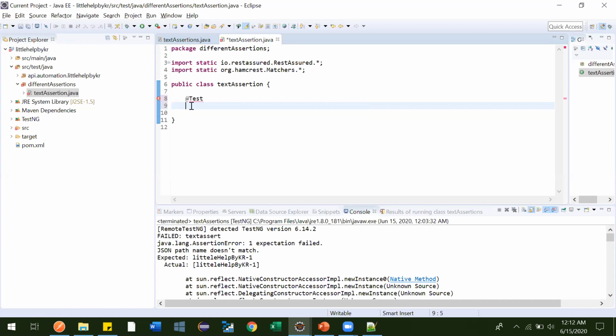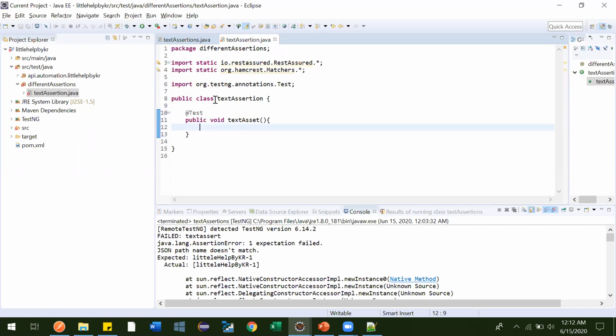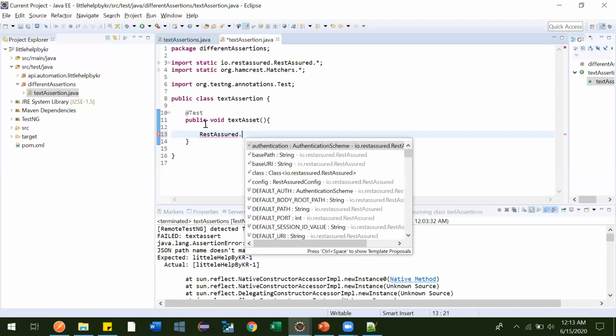Let me write public void textAssert. I have just given a name related to the class name. Now let me import TestNG. Okay, now it is perfect. Now we'll add our base URI: RestAssured dot baseURI.